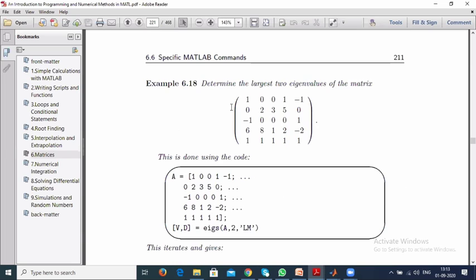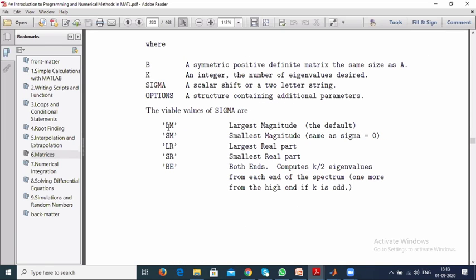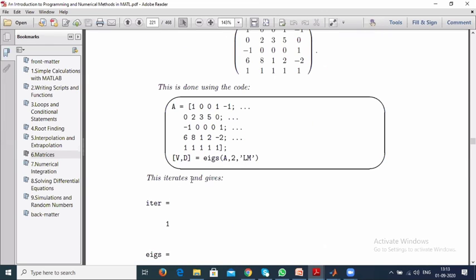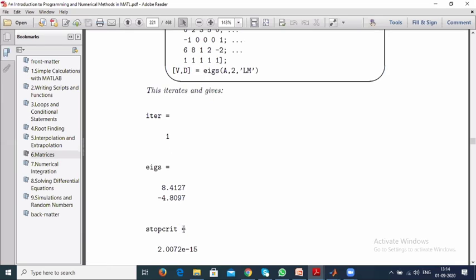Determine the largest two eigenvalues of a matrix. For the largest eigenvalues, what is the command? When you use this command, it will perform iterations and generate the largest eigenvalues. eigs of A comma 2 comma LM will generate this.